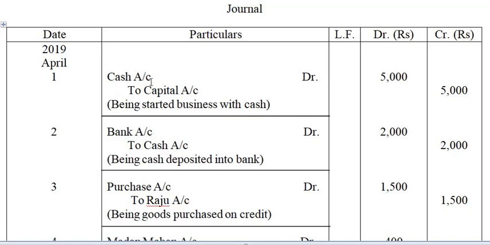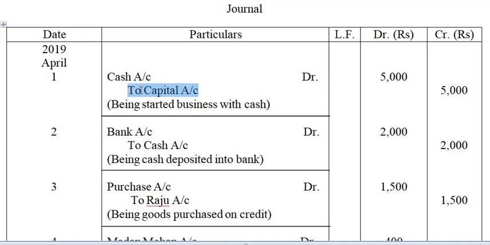Now see, cash is a real account. So debit what comes in, credit what goes out. Whenever you start a business, cash is actually coming inside the business, isn't it? So when the cash comes in, you will record it on the debit side. When the cash goes out, you will record it on the credit side. So you have to understand this debit side and the credit side. This is your golden rule for cash. Cash is a real account. Debit what comes in.